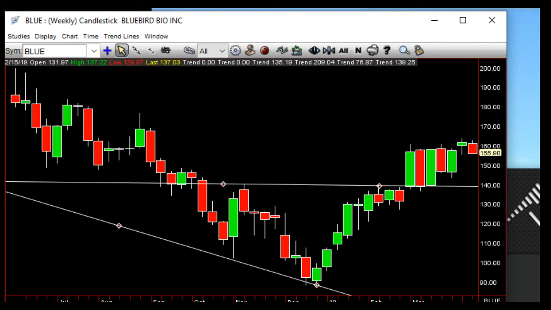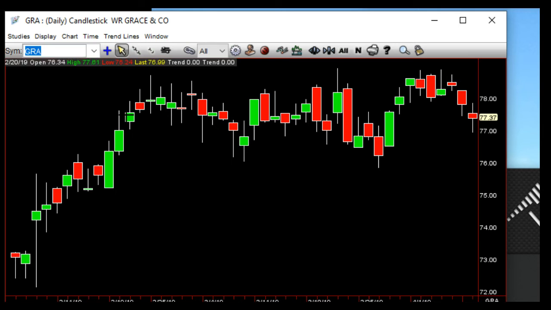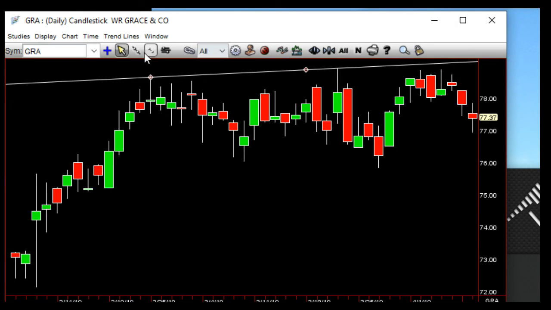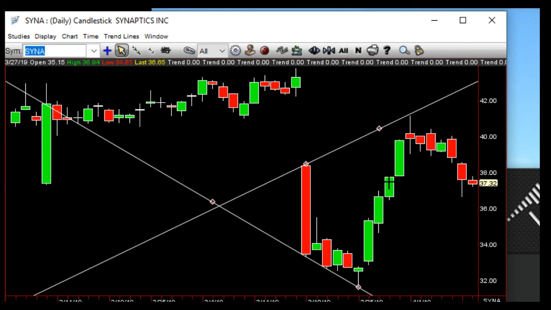Potentially, you got Grace Chem, GRA, here doing the same. The 2-2-2. So we look for continuation patterns down on that here, and you can see how you can continually, when you look for these patterns, you know that on a shorter term time frame, you're going to see something like this. If we go to Sina, SYNA, and this was quite the winner here.